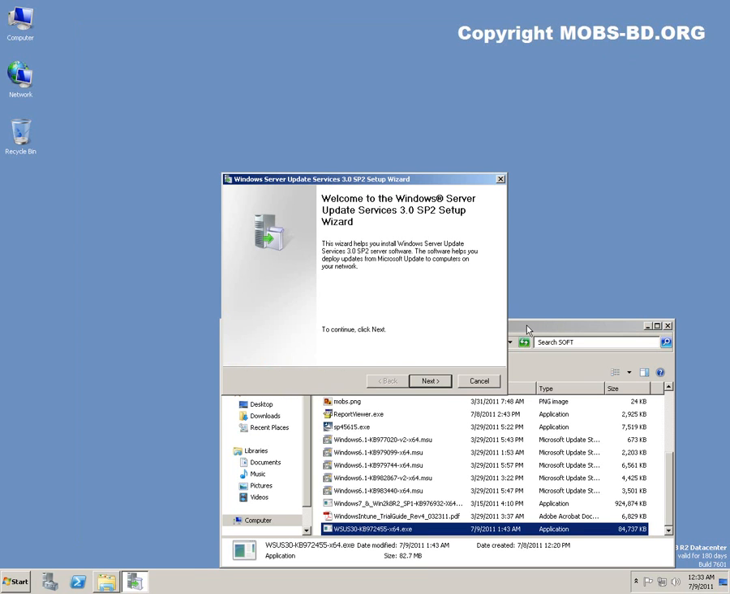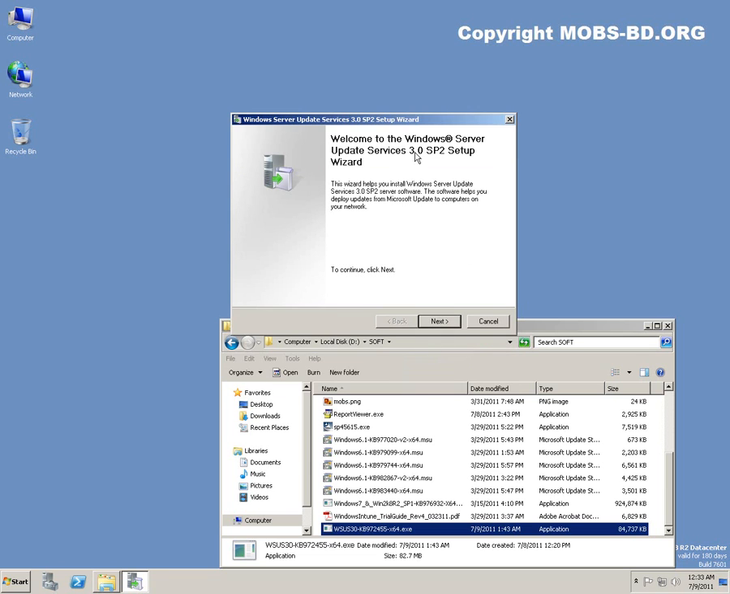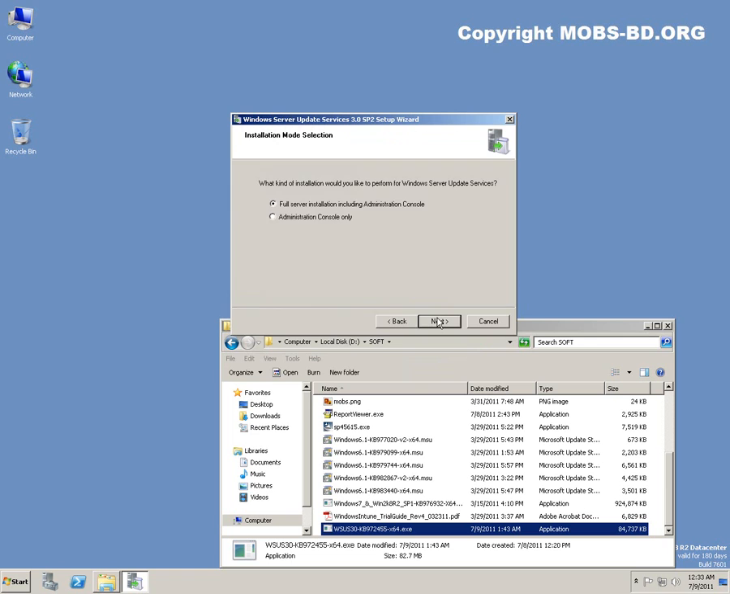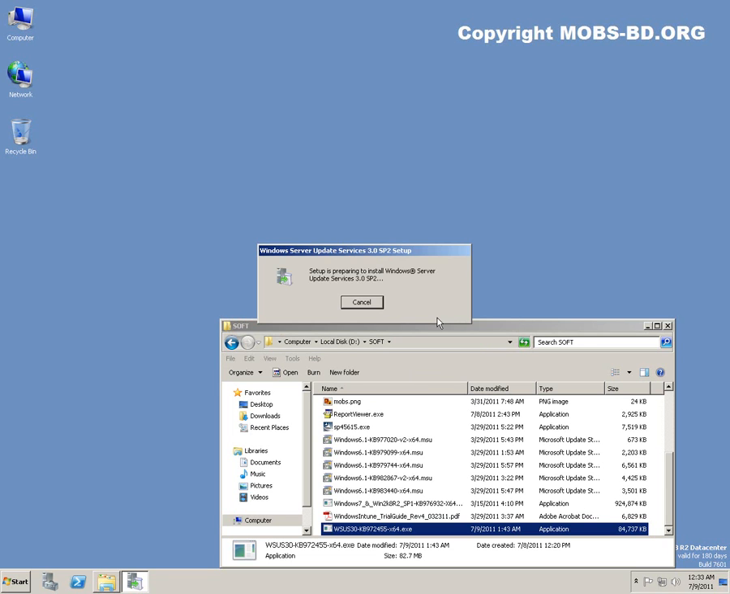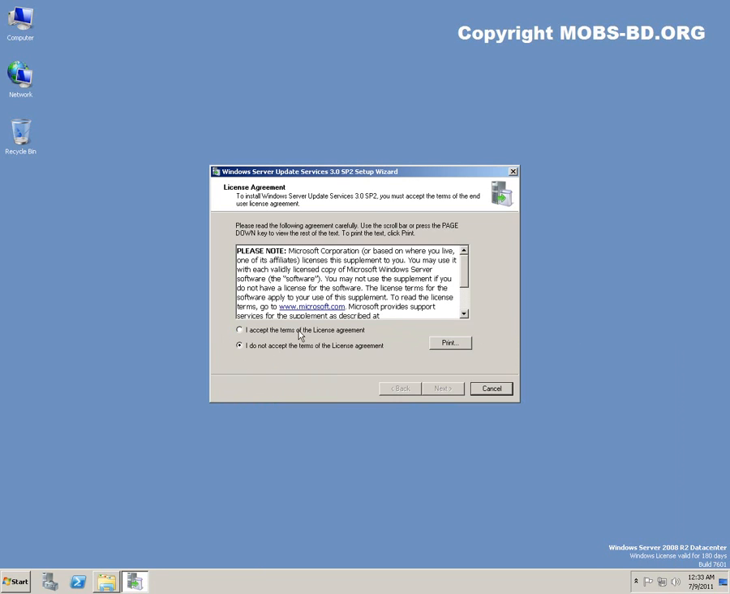It is recommended that when you're installing WSUS services 3.0 into Windows Server 2008 R2, you shouldn't install SP1. You should always go for the update services 3.0 SP2. Let's install, accept the terms,